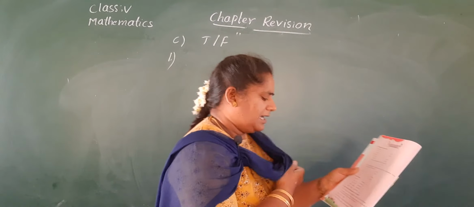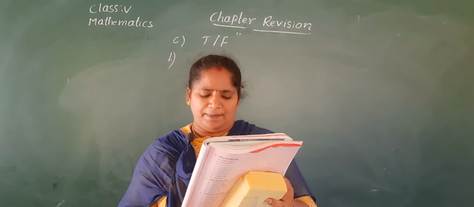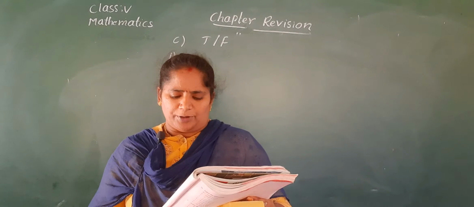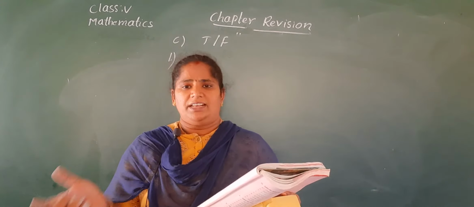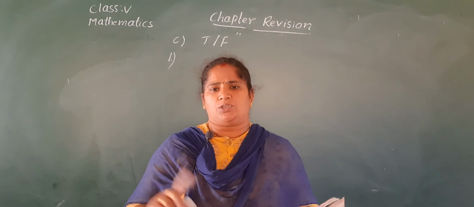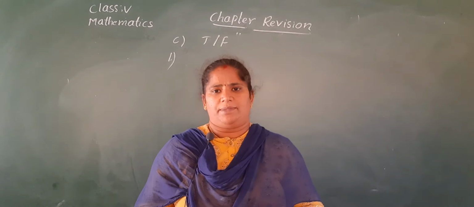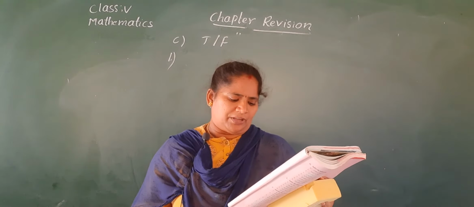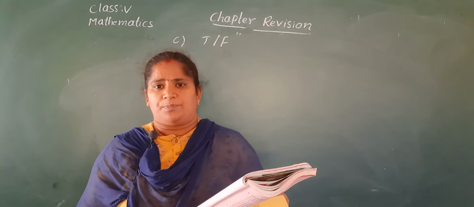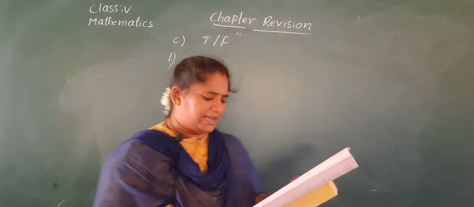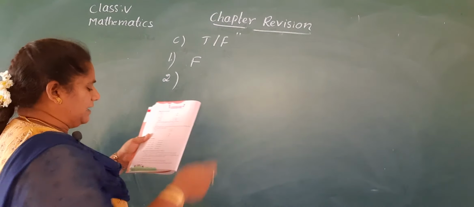What is given? If the order of the numbers multiplied is changed, the product also changes. Is it correct or wrong? Suppose 2 3s are 6. If we change the order of those numbers, 3 2s are 6, the product remains the same. But here, if the order of the numbers multiplied is changed, the product also changes. Product changes? No, the product does not change. So this is false. And second one, you have to keep F, Nana.